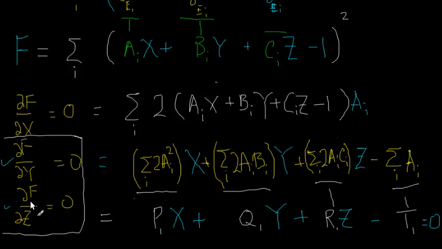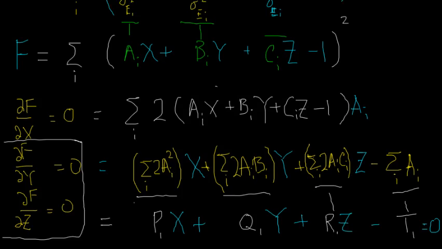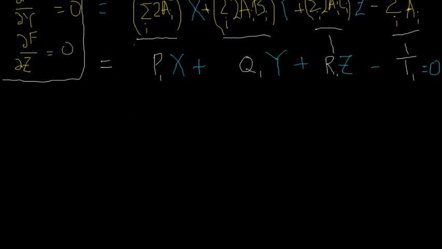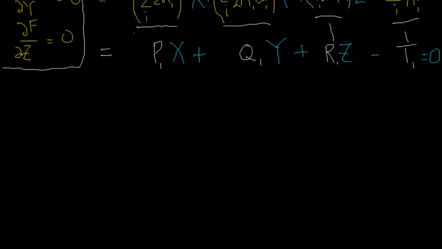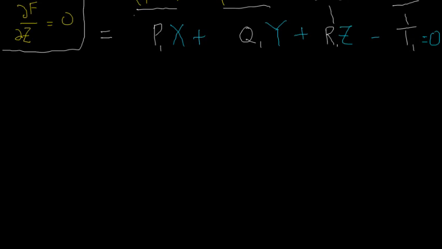and d by dz, if I repeat those two, I should get a very similar expression, except that the p, q, r, and t would be different. They would have different combinations of a, b, and c. So instead of working through that explicitly, I'm just going to skip through the writing and write out the corresponding forms. So I would expect that that came from df by dz. So I expect that the df by dy